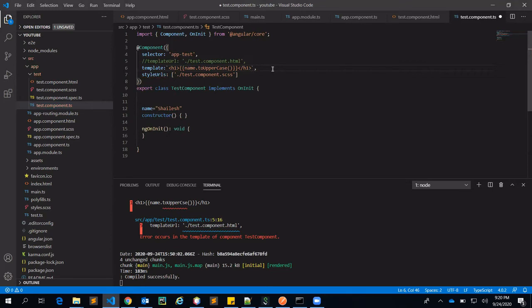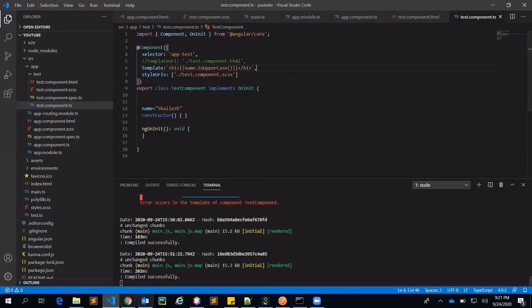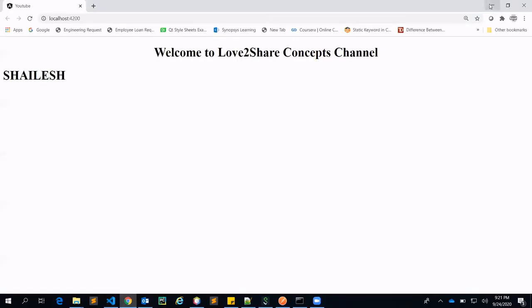So instead of going to that .html file, you can directly write your HTML code here. If you have a small piece of code, I would not suggest writing your HTML code here only, because this is not a good practice. But if you have some demo, some small piece of HTML code, you can write the same in this .ts file. This is for better understanding, better readability, and for better access to the properties that you have declared. Again, you can see the same has been working.